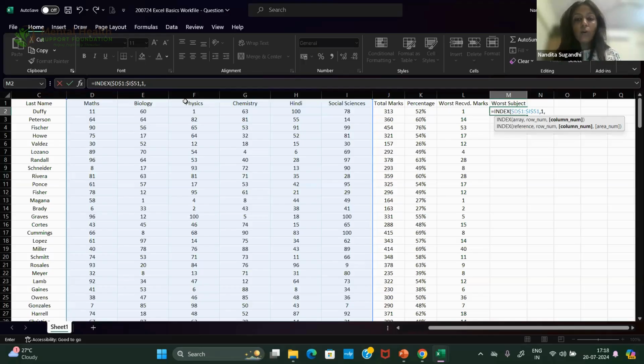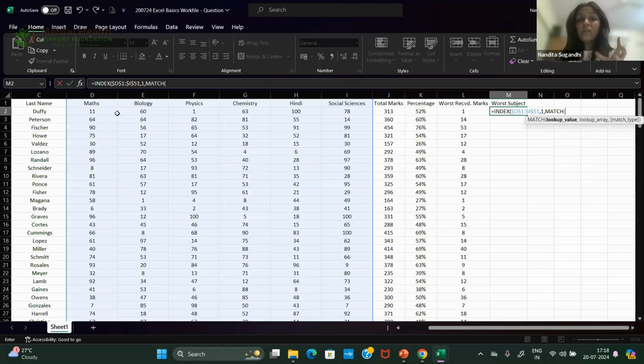Now coming to column number, how do I know which column I need to pick? She could have been the worst in physics, or she could have been the worst in math. How do I find out? To find that out, you use the match function. You write match, and this is called nesting of functions. When you use one function inside another one, it is called nesting.